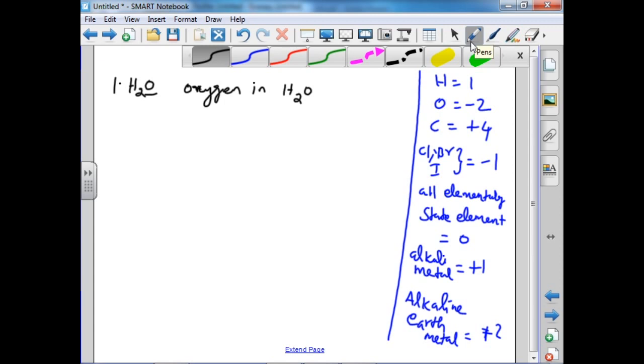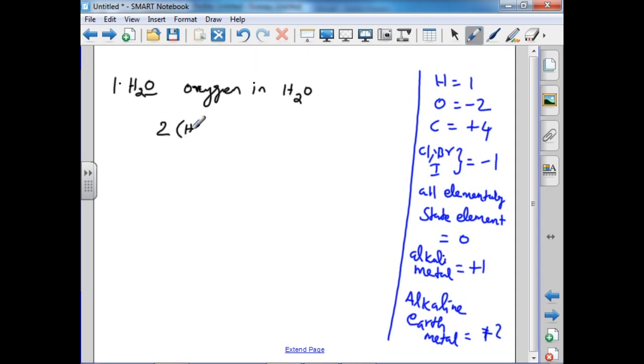Now we are going to find the oxidation number of oxygen in water. H2O is a neutral molecule, so there is no charge on the water. So that is the 2 atoms of hydrogen plus we are going to calculate the oxygen. So we are giving X. That is the neutral molecule, so 0. So the oxidation number of hydrogen is +1.